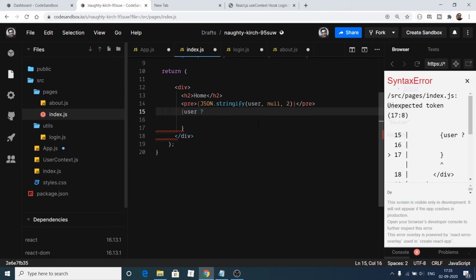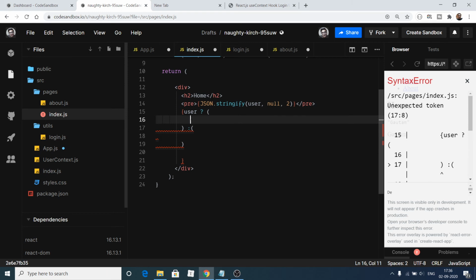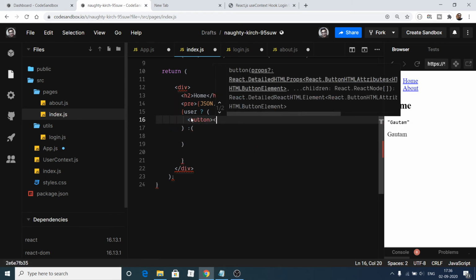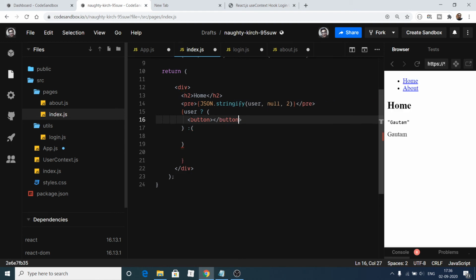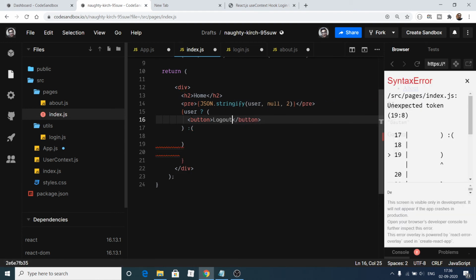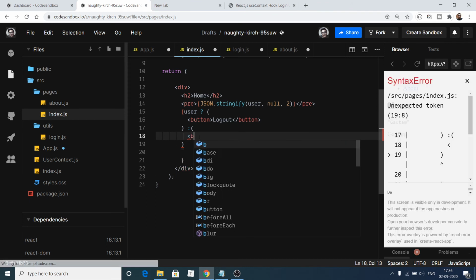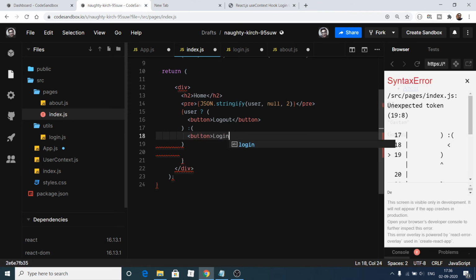So this is a question mark and this is a parentheses, and after that we will put again colon and again parentheses. In order to put a logout button, we will have a button, close the button, and the label will be simply logout. And if the user is not present, then we will have a login button.